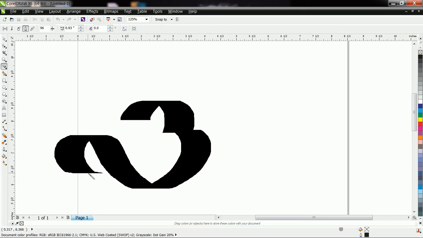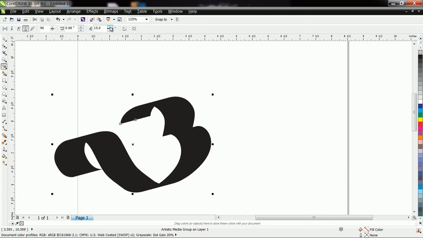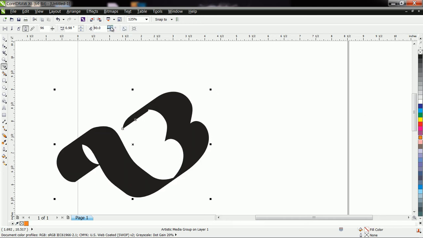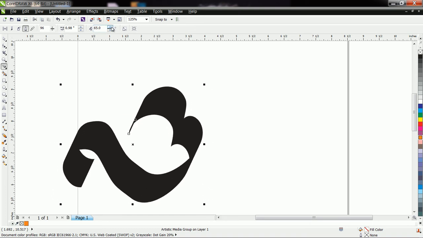Suppose here I want to draw something. Om. Okay, you can here increase or decrease the size, as well as you can also change the angle. You can also fill the color. Okay, like this you can use